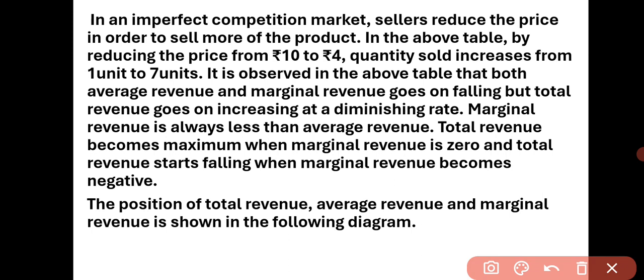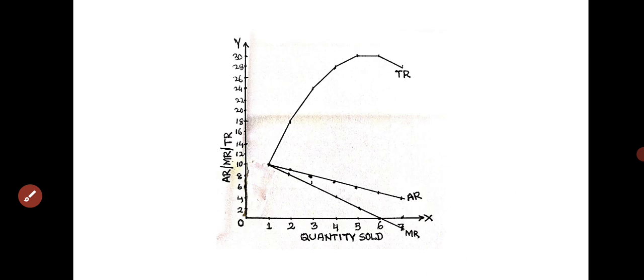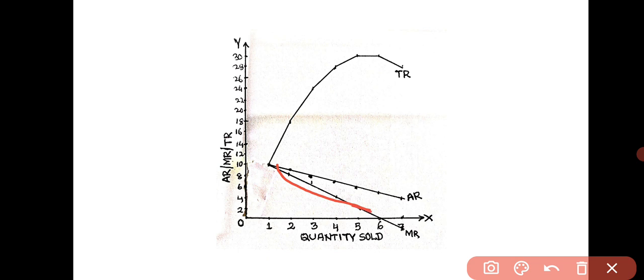Up to the 6th unit, it is above the OX line because it is positive, though declining, reducing, marginal revenue is decreasing, but it is positive until it touches the line OX, and up to this point total revenue increases at a diminishing rate,